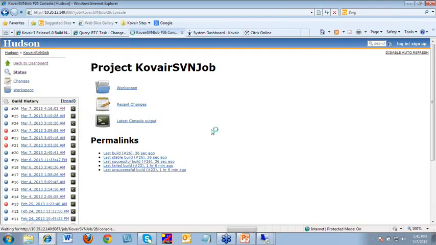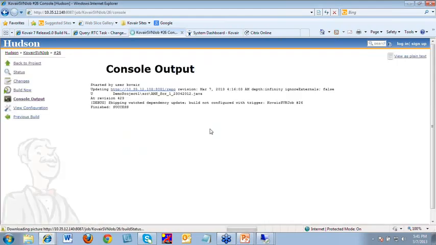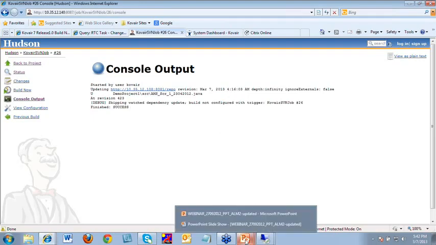So let me check on these details, and here is the details of the build. It's showing that the build has been done successfully. With respect to this, the status of this build is supposed to be updated in RTC as well. Now let me go back, and at this particular juncture, once the coding and the build is being done, now